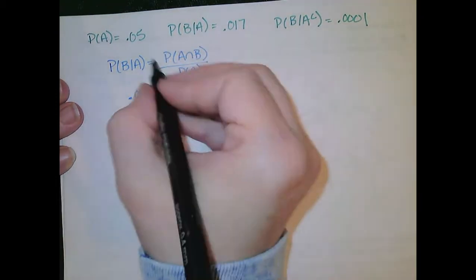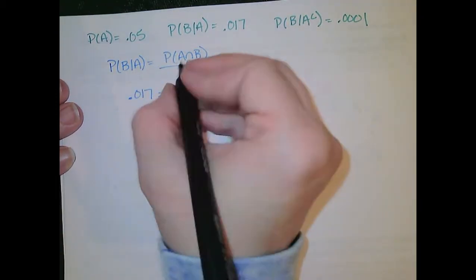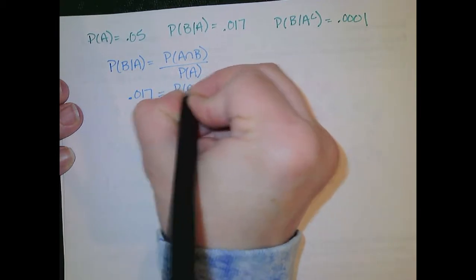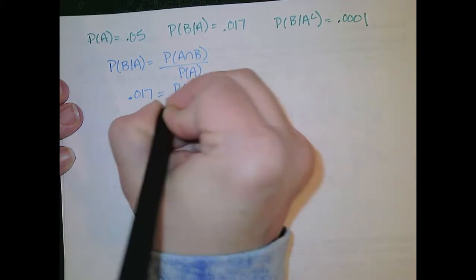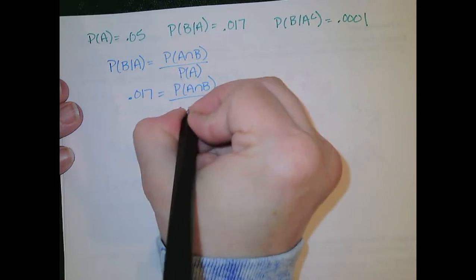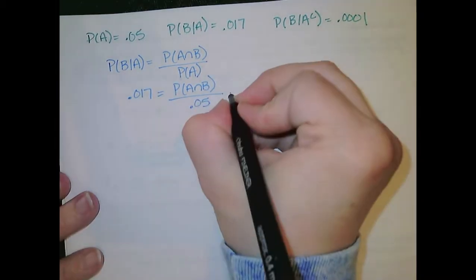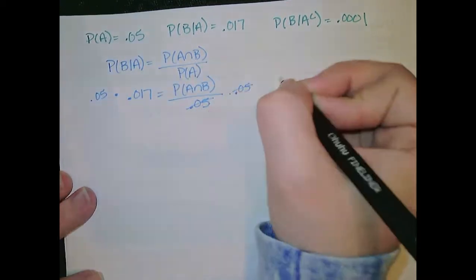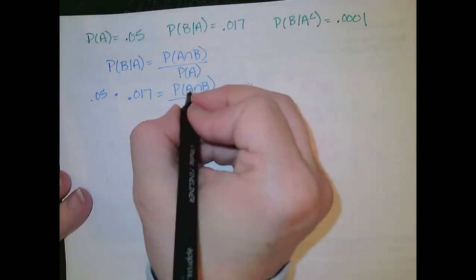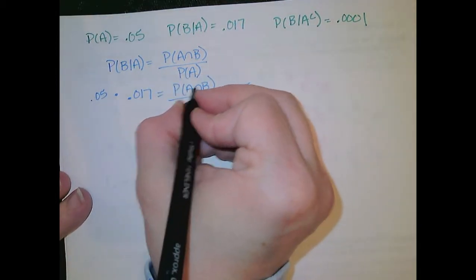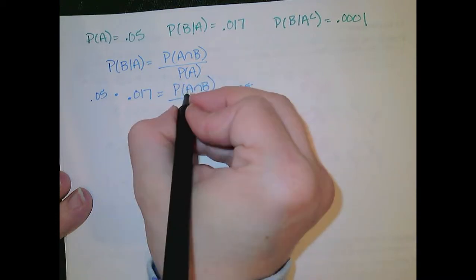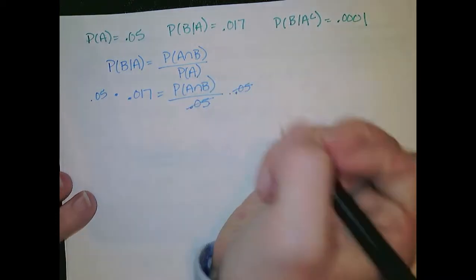I don't know the probability of A and B. But I do know that the probability of A is 0.05. So if I multiply both sides by 0.05, then I get that the probability of A and B happening, playing in college and playing professionally, is